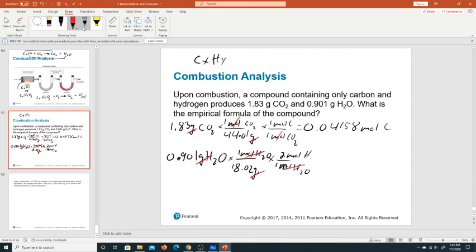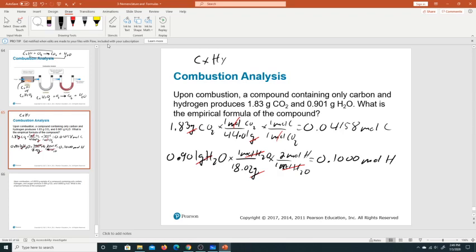Now I just have moles of H. 0.901, divide that by 18.02, times 2, that is equal to 0.1000 moles of H. Again, I'm keeping more sig figs than what I really need, but that's okay,